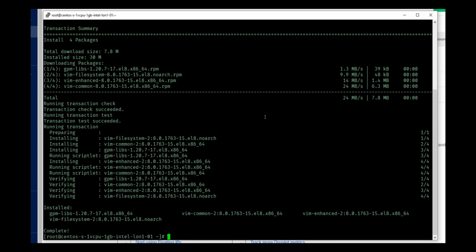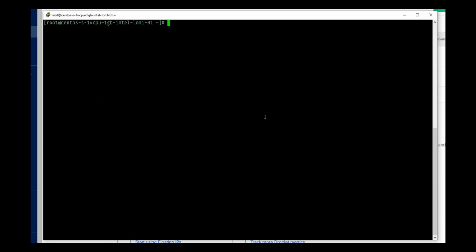Whatever vi can do, Vim can also do, and Vim has additional properties, like it can understand various languages and it is much more powerful than vi. So if we learn Vim, you're basically learning vi but an advanced version. We will focus on Vim because the commands that we will learn in Vim are the same in vi.